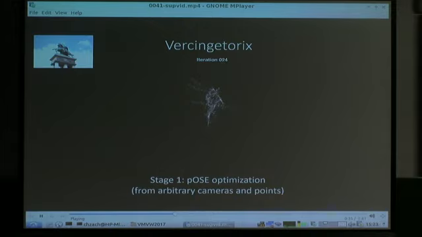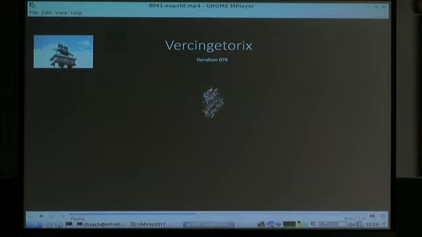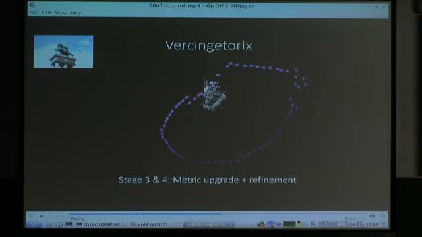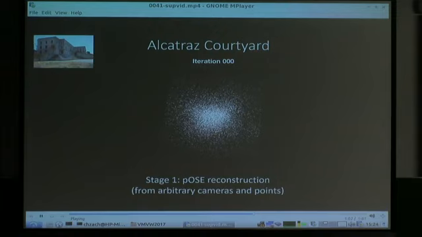Here is another example, I think that's data captured by Carl. And I think the final example, which is quite difficult for the approach because it has lots of what we call depth variation. You will see in a second.